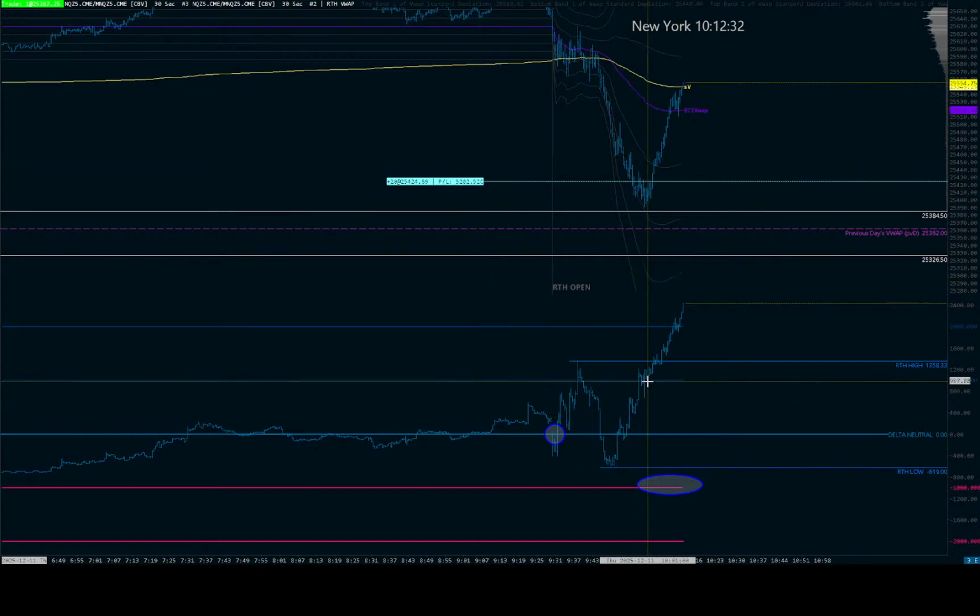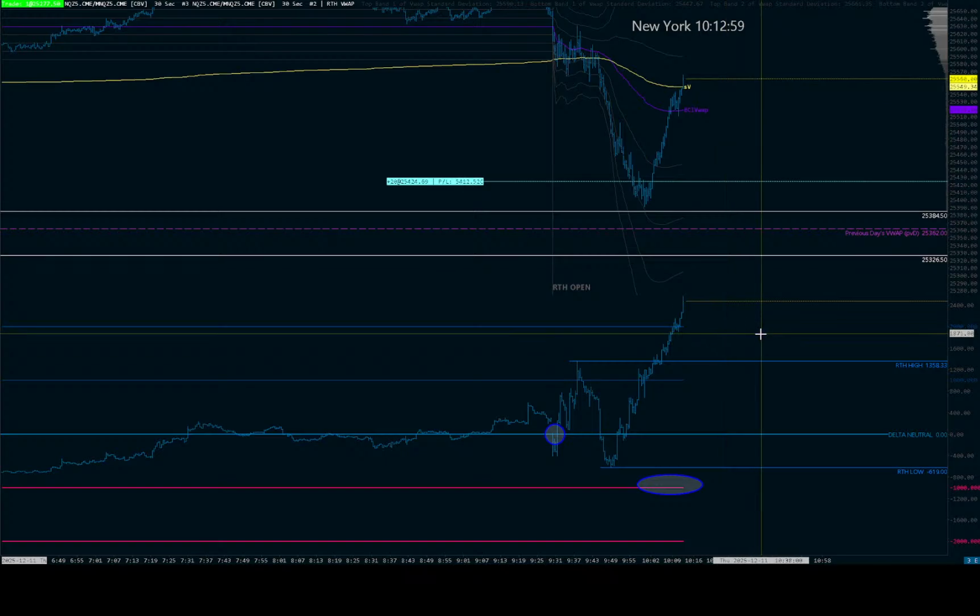So again, it's interesting that the sellers didn't even get it down to negative 1K delta, and the buyers went positive on RTH. The buyers have so much conviction that they're continuing to buy at new levels, right? And they're showing much more aggression, from my perspective, than the sellers are at this point, irregardless of whatever these horizontal levels are, okay?